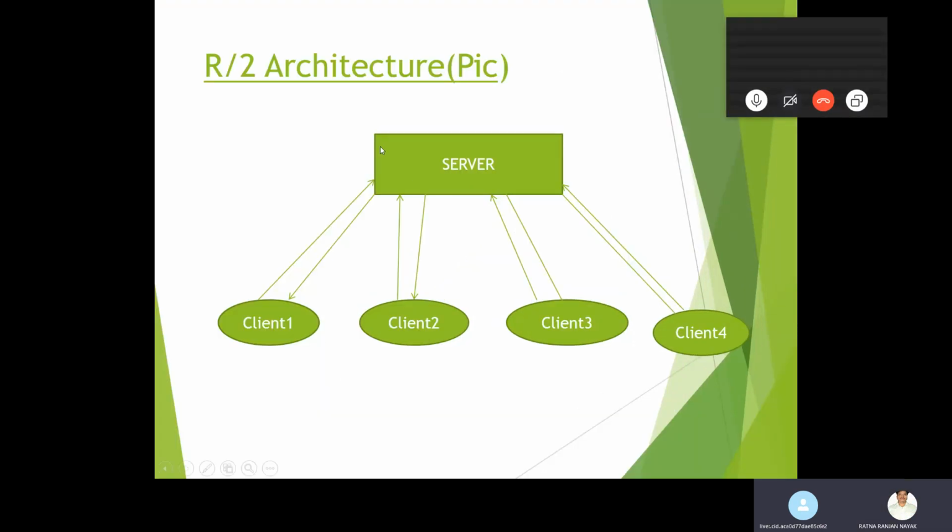So earlier it used to be the R2 architecture, where there's a server and clients. The server is nothing but whatever data and information are there. Clients are nothing but each of the systems. Let's say client one will have workspace one, next workspace two. These are the different workspace centers where they can access any sort of information